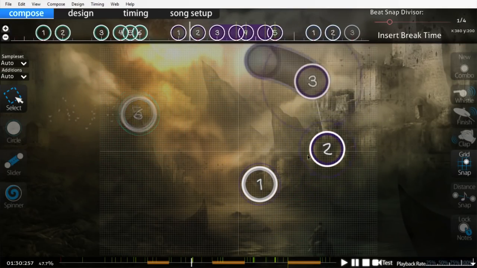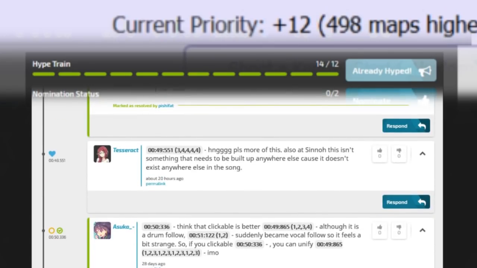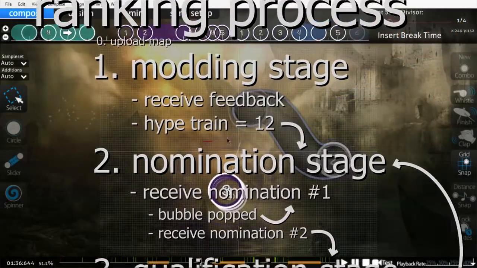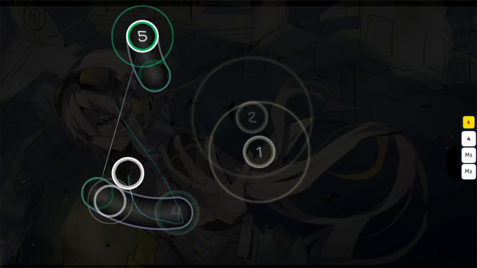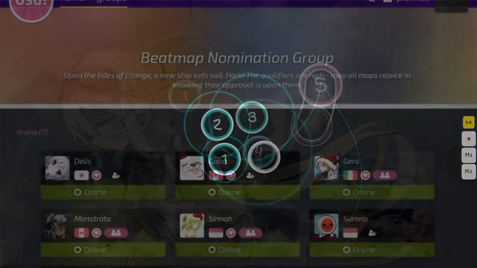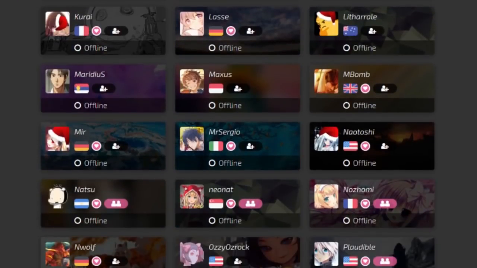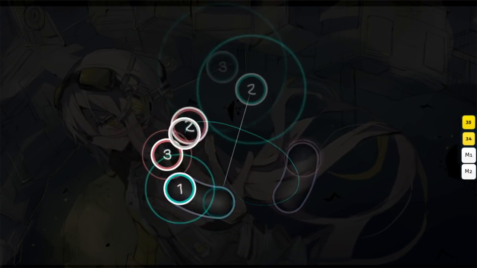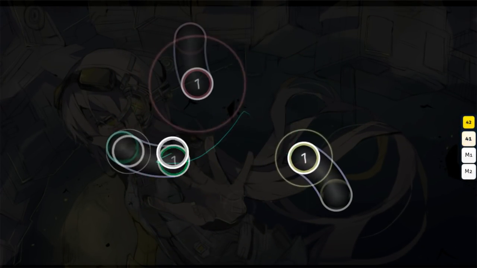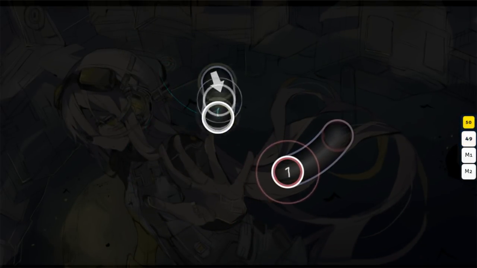Personally, you may think your technically rankable map is ready by the time it has a few mods and 12 of these, while nominators may think otherwise, making you stuck between the modding and nomination stages. Like ranking limbo, basically. The only ways out of here are to make your map somehow better, or to find a nominator who believes your map is fine, the latter of which can sometimes mean asking for help from everyone on this list. Pairing that with the already mentioned competitiveness of ranking, you'll realistically never get every nominator's opinion, which makes this ambiguous aspect of the ranking process infinitely more frustrating.